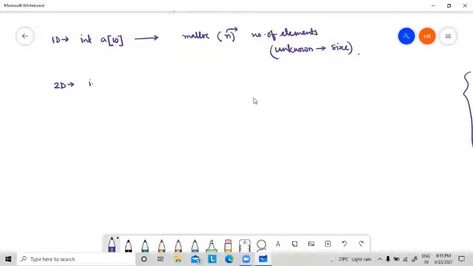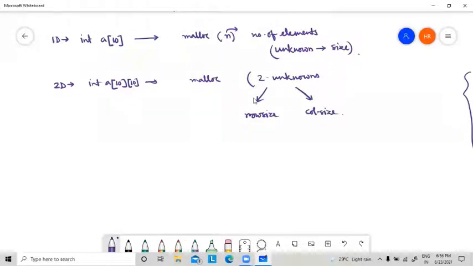If it is a 2D array like integer a, say 10, 10, and we want to represent it using malloc-calloc, how many unknowns? There are 2 unknowns: one is row size, another is column size.